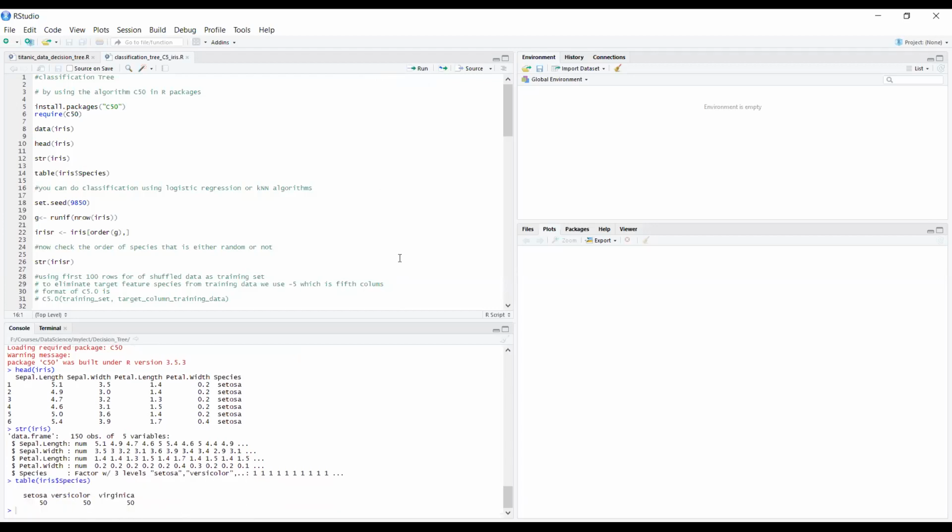Now you can see that we have three species. One is called Setosa, the second one is called versicolor, and the third one is called Virginica. Virginica, Setosa, versicolor, these are the three categories, and in these three categories we have 50 observations each, available in my data set.